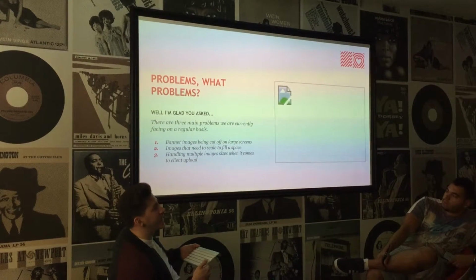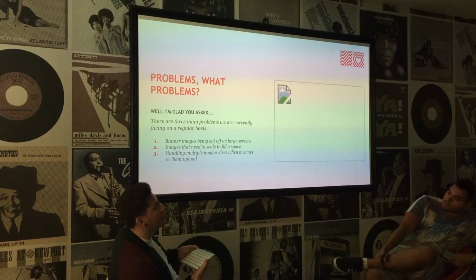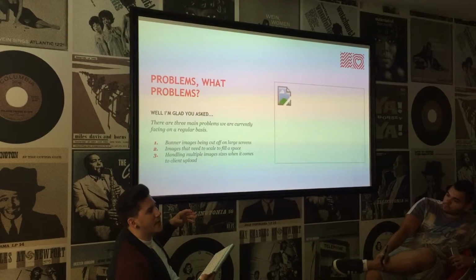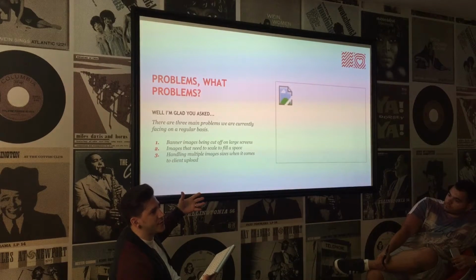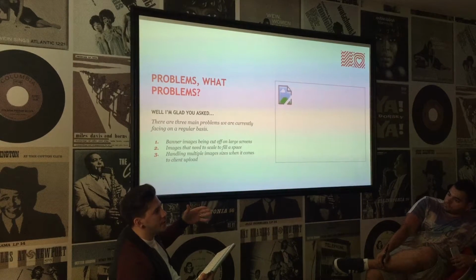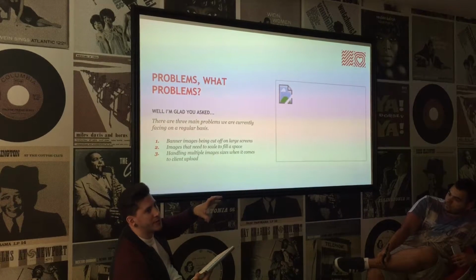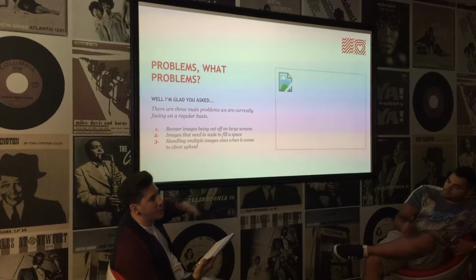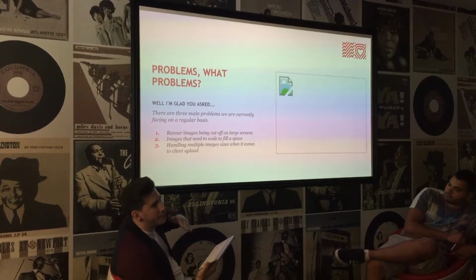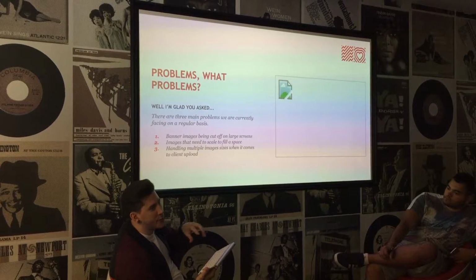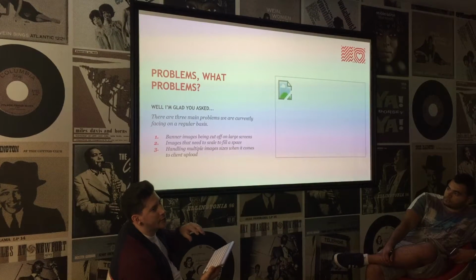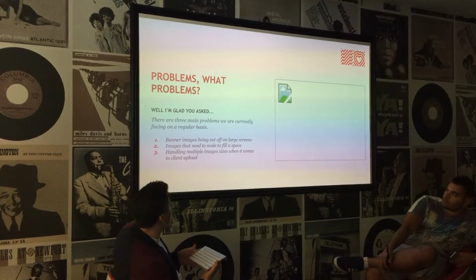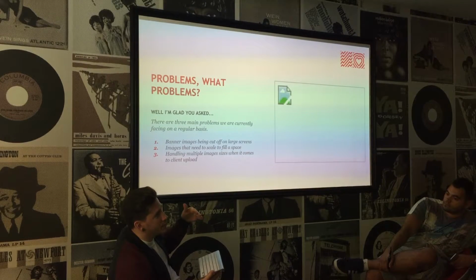A lot of the time in banners, you have the problems of a fixed height banner. As the browser gets really large, that image starts getting cut off because it fills the space, and as it gets wider, the image gets wider and taller, but the fixed banner height, obviously, gets cut off. So if we position the banner top left and the bottom gets cut off, if the client uploads a banner image which has the focus of the image at the bottom, then they ring up saying, my banner's being cut off, what's going on? So we can change that to sit at the bottom, but then it gets cut off